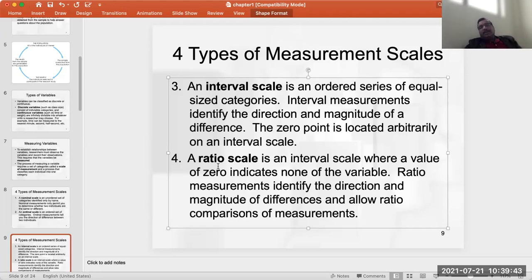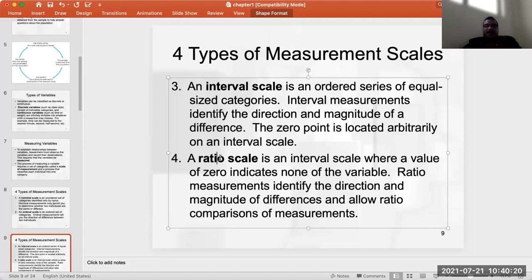If you are going to measure the temperature on the Kelvin scale, 303 Kelvin, that is 30 degrees Celsius, will be 2 times hotter than what should be 270 something, 273 plus 15, 288 Kelvin, like that, okay.